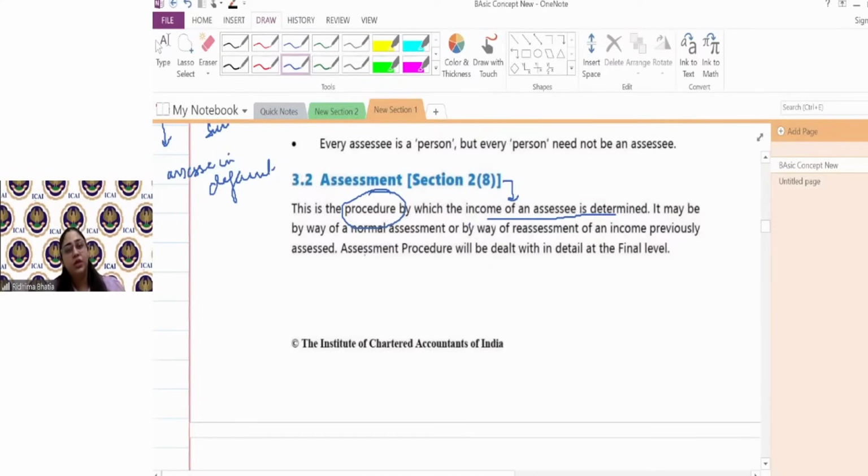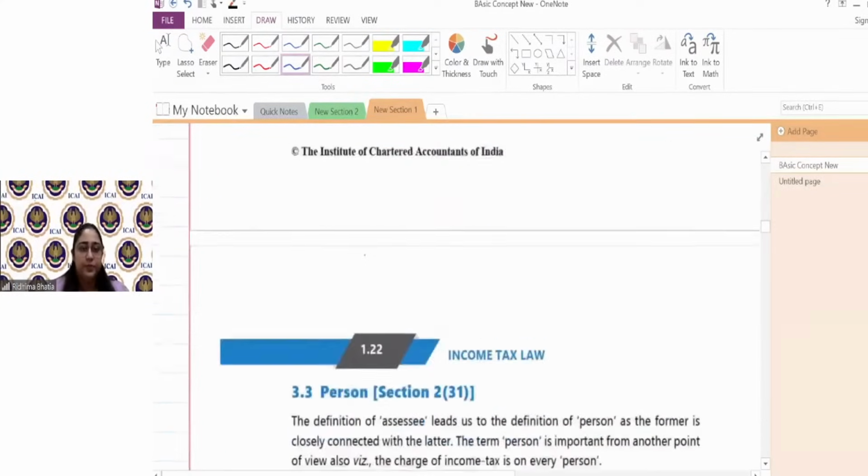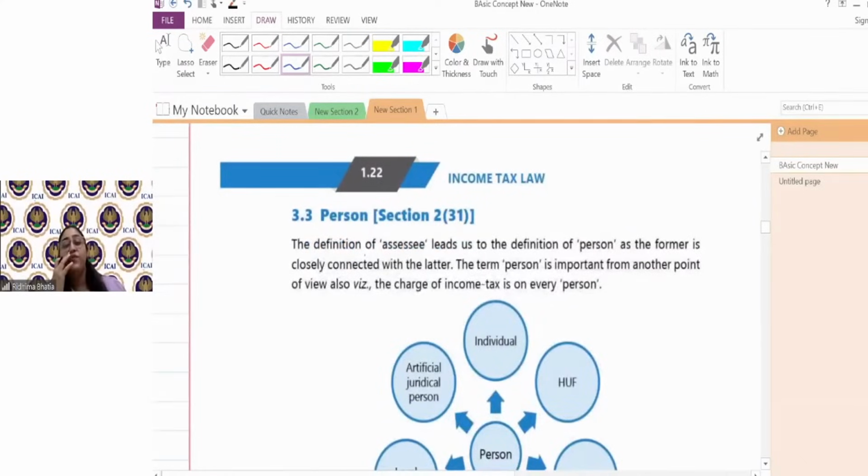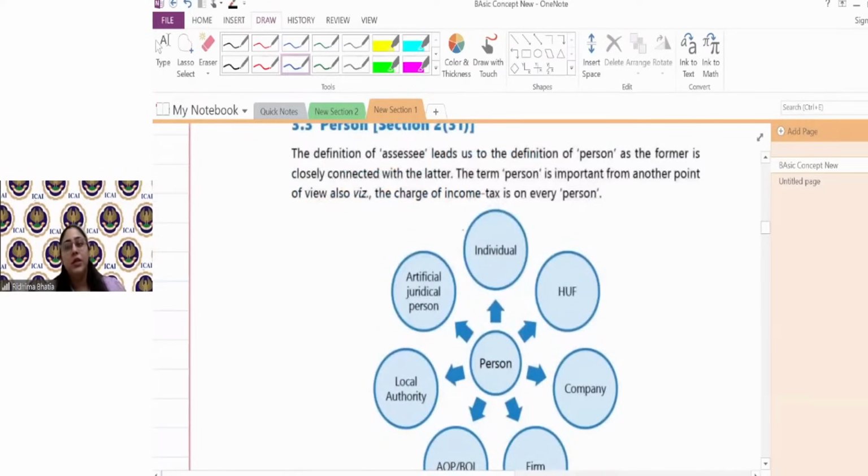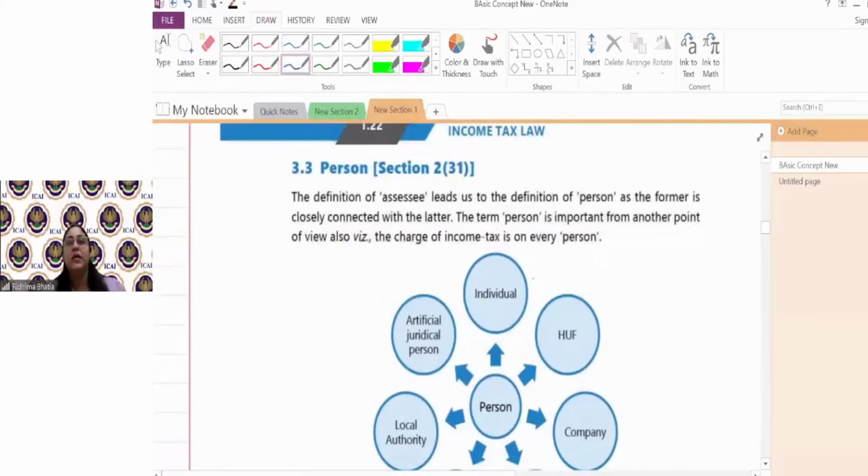बट असेसमेंट प्रोसीजर क्या है? एवरीथिंग इज कंसिडर्ड एट फाइनल लेवल, यू डोंट हैव टू वरी अबाउट। नाउ दिस इज वेरी वेरी इंपॉर्टेंट, व्हिच इज कॉल्ड पर्सन। ये चीज ध्यान से गाइस, यू हैव टू अंडरस्टैंड व्हाट इज अ पर्सन। सेक्शन 2 क्लॉज 31 डिफाइंड पर्सन।